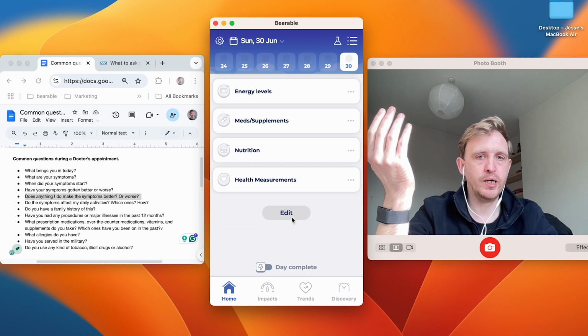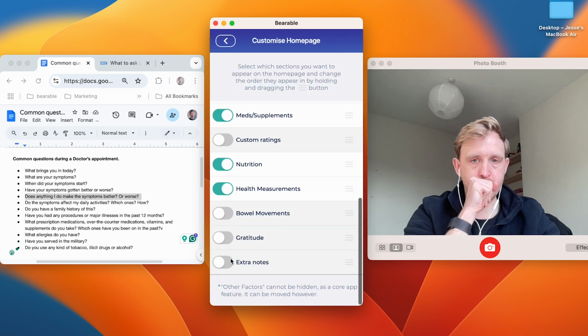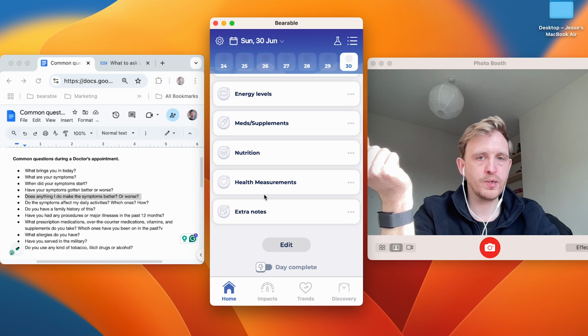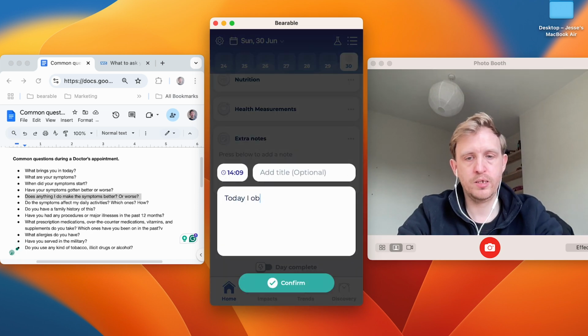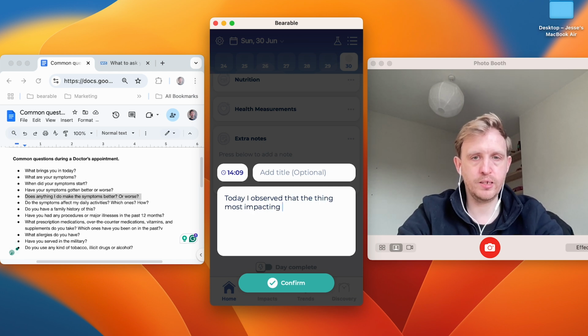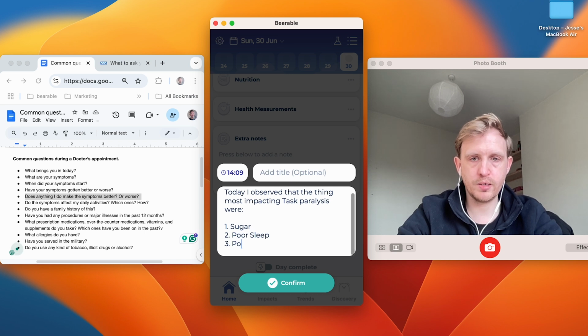Or alternatively, you could turn on your extra notes section and similarly say, today I observed that the things most impacting task paralysis were sugar, poor sleep, poor hydration.